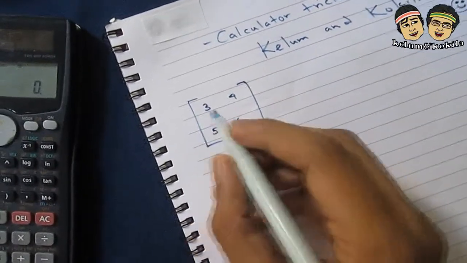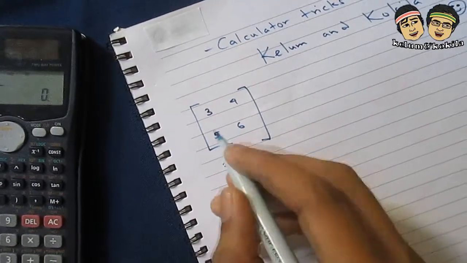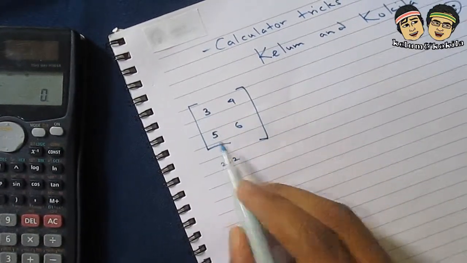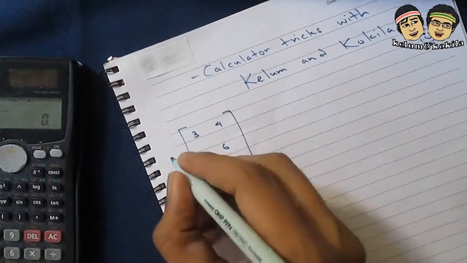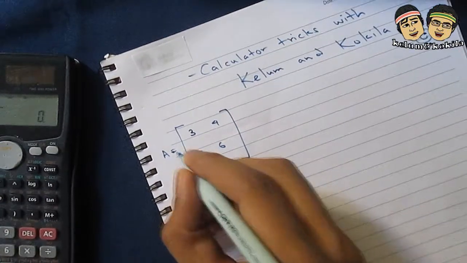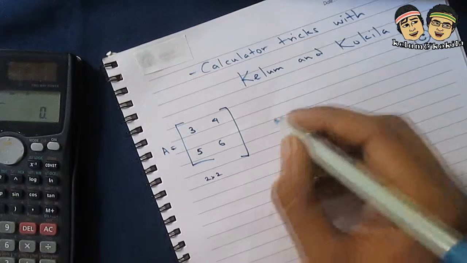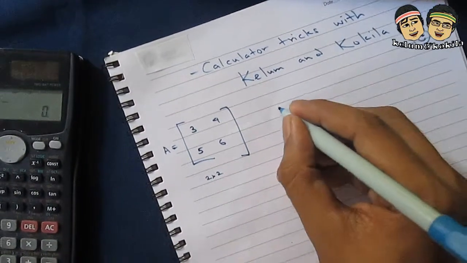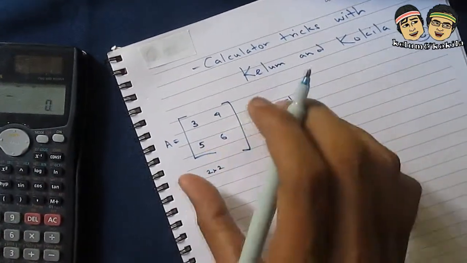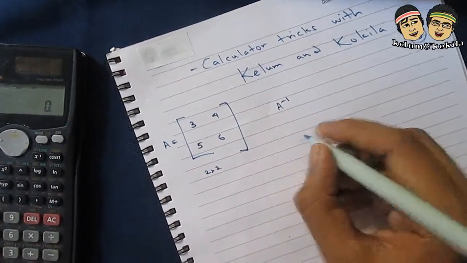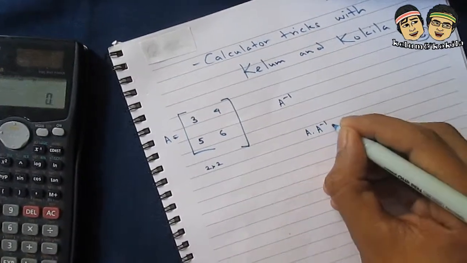This matrix is called a square matrix where the dimensions are 2 by 2. As you can see, there are 2 rows and 2 columns, so it's a 2 by 2 matrix. And if we name this matrix as A, then there's a thing called an inverse of a matrix, which can be represented by A inverse, like this. So the basic idea of an inverse is when you multiply a matrix by its inverse,